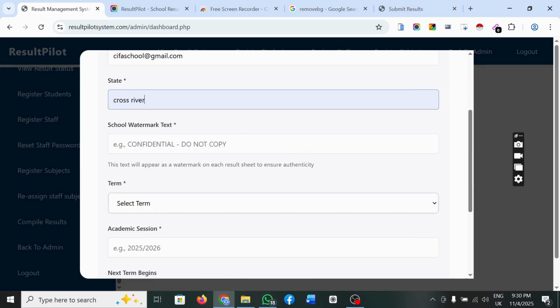Now you see here we have a watermark. This watermark is a means of showing the originality of your school results. So any value you enter here is going to serve as your watermark that will be on every student result. If you leave it empty, you are going to be seeing "confidential, do not copy." So we are going to fill our school watermark, CIFA